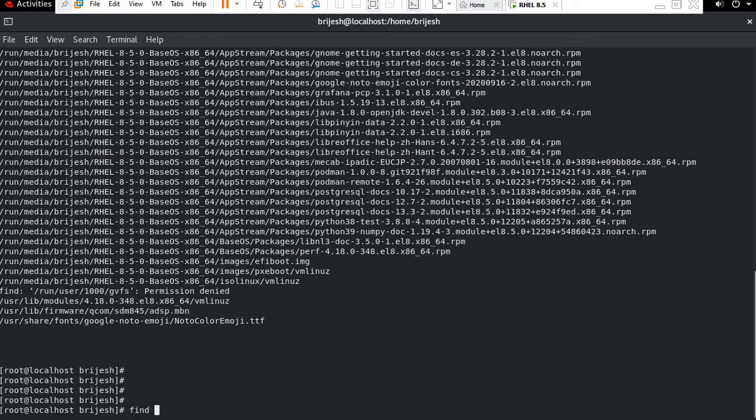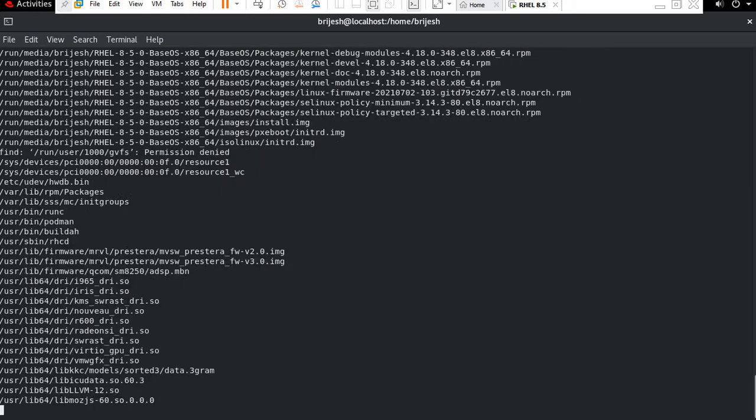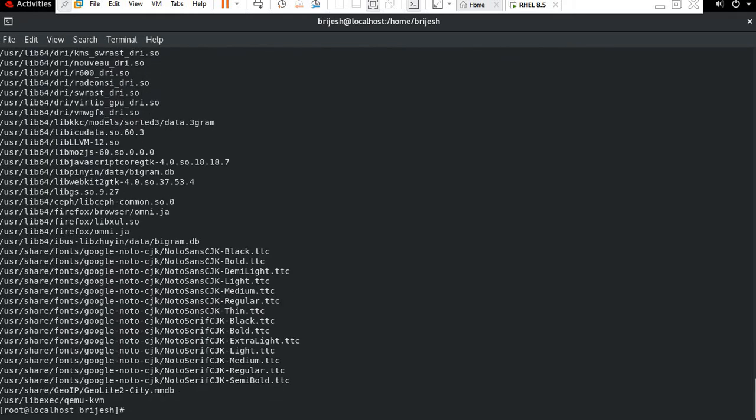Okay, now if we want to search for files more than 10 MB, we have a command: find space hyphen size, more than 10 MB. Okay, just press the plus sign, you can see here, then M, just press enter now, so you can see all the files more than 10 MB.